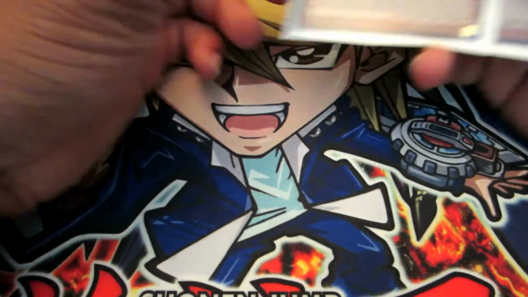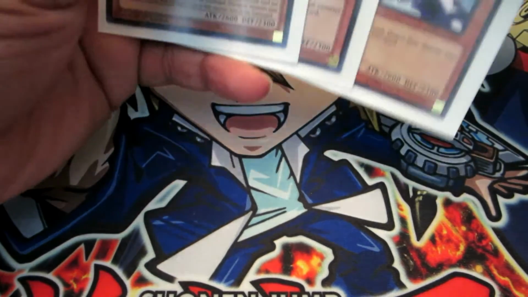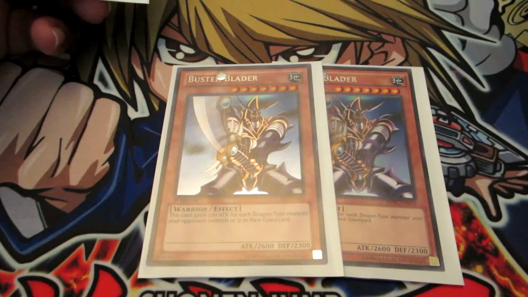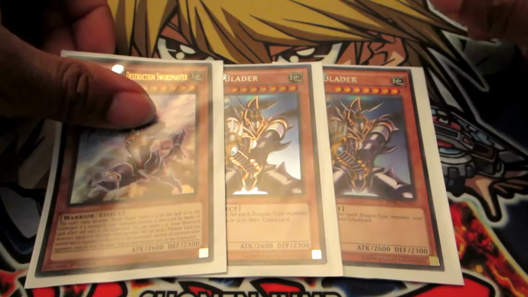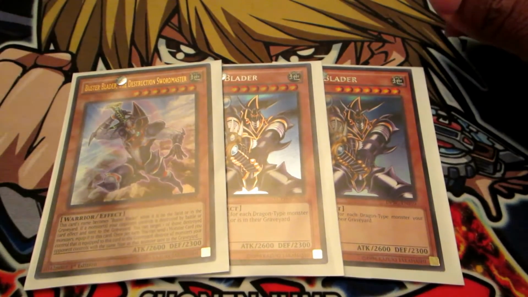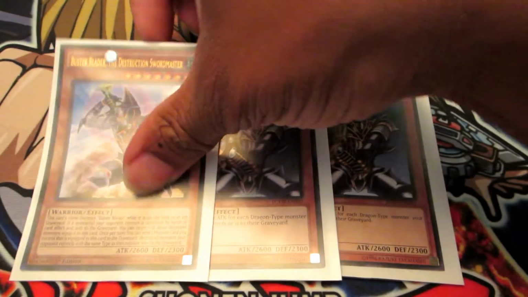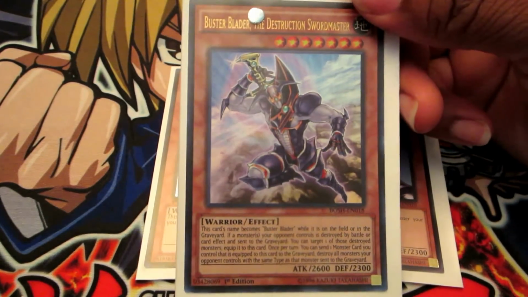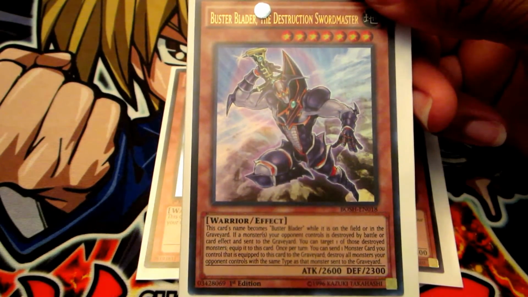So, as far as the Buster Blader monsters, I run 2 of the regular Buster Blader and 1 of the new Buster Blader, the Destruction Swordsman. So what makes this one different than the regular one? This one actually doesn't gain attack points for dragons. So essentially the way that it works is when a monster